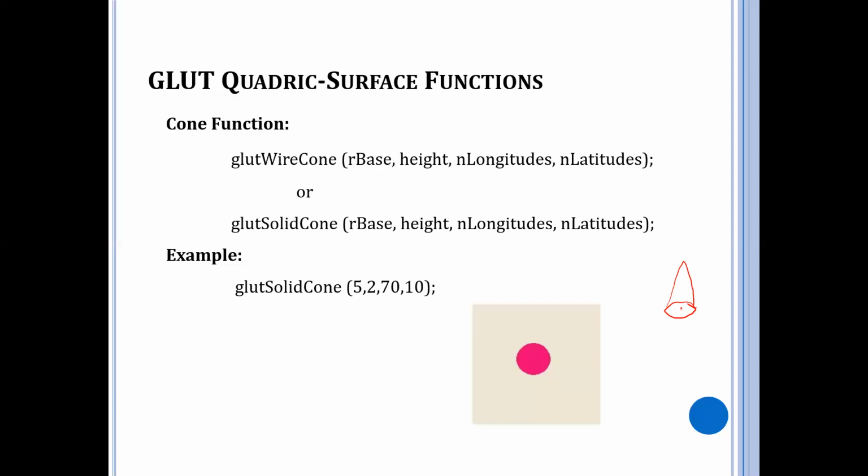So here is the radius for us. Based on that, the surface of the cone is generated for us. So what we see here in the output part is the surface of the solid cone. If you can see, I've taken the function solid cone with the radius as 5, height as 2, and the longitude and latitude as 70 and 10. So here is the base of the cone which is visible for us.